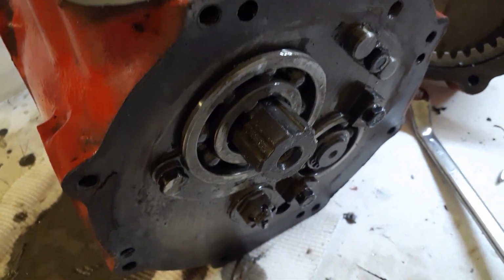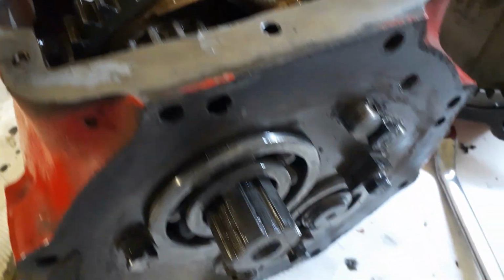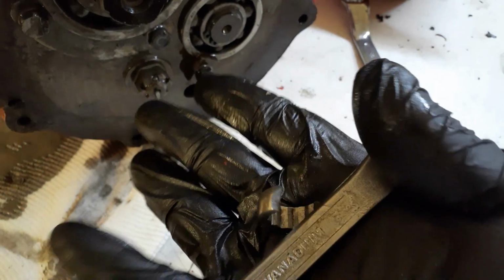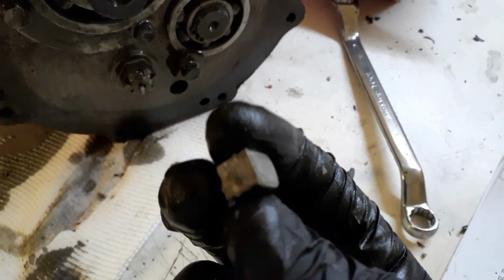Also, on the end of this spline shaft here, there's a final drive pinion, and to get that off I've locked, you can see there the selectors, I've selected 2 gears to lock the gearbox so I can undo this bolt here. But in doing that, I did make mincemeat out of a ring spanner and a 3/8 square drive. Anyway,